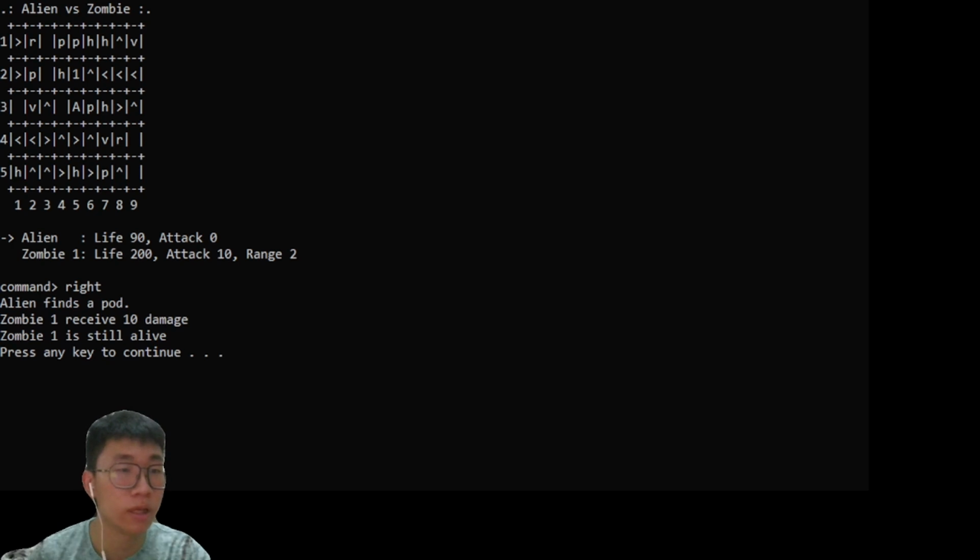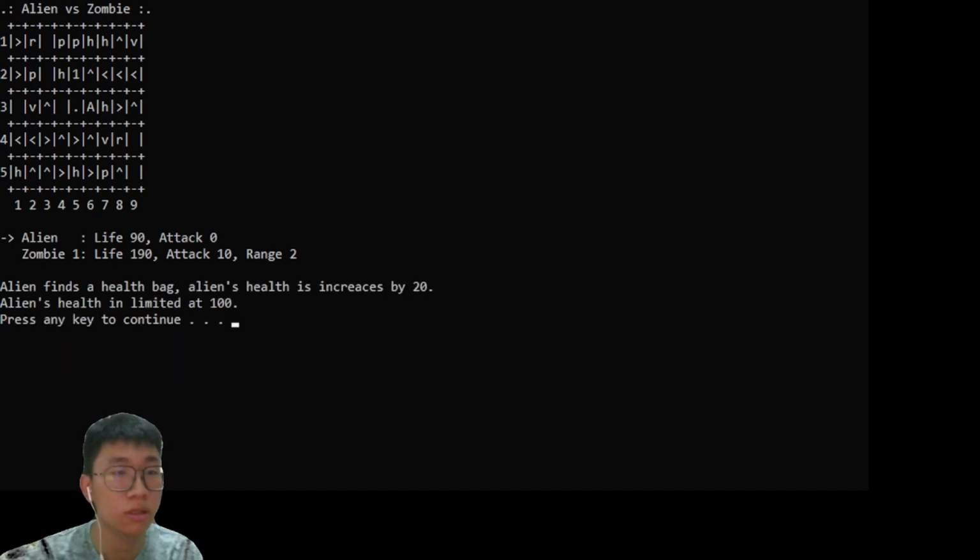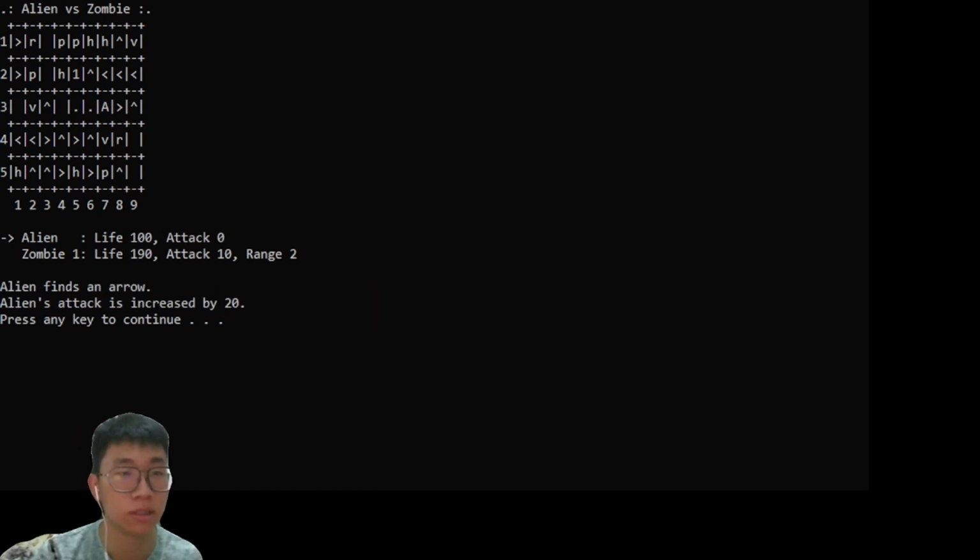So alien finds a pot, and zombie one receives a 10 damage, and is still alive. Let's continue, and we found a health pack. Our health increased by 20, but the limit is 100, so our life will be 100. We find an arrow pointing to the right. Finds another arrow pointing upward. Finds another arrow pointing left, continue left,